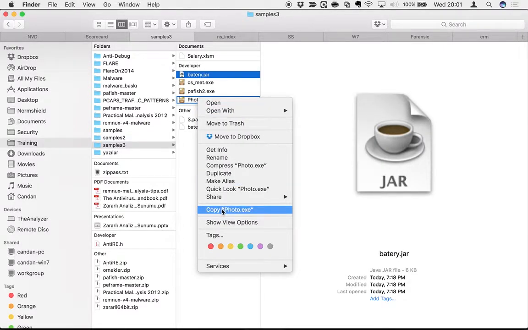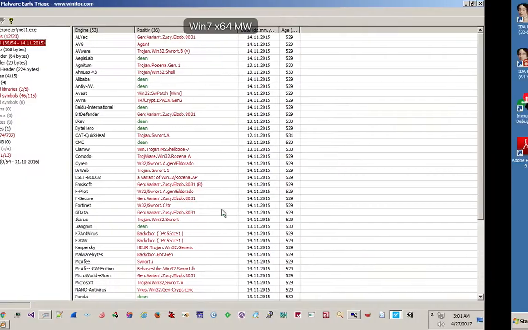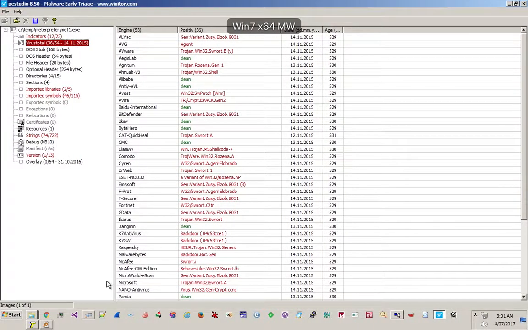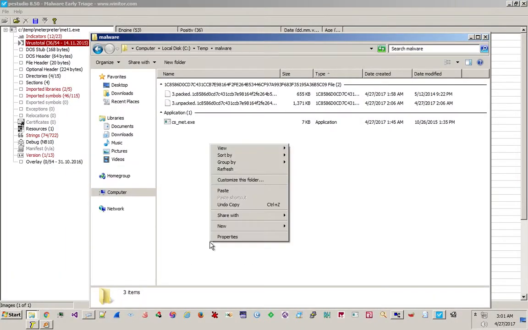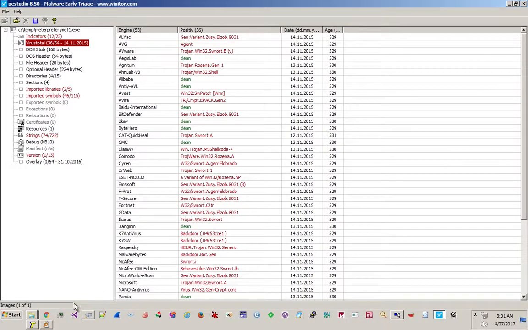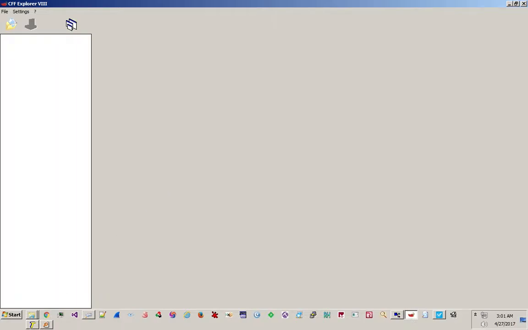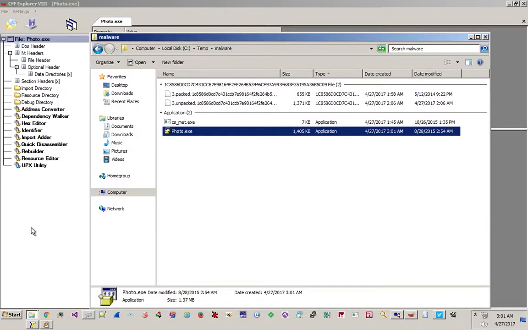any dynamic analysis. So let me first copy this photo executable. It's a real executable, by the way. It's real malware. What I'm going to do is copy this into my file first, and then drag this into PE Studio first, and let's see what kind of results this has. And also I'm going to use the CFF tool to analyze this. Just exactly the same thing that we are doing in our